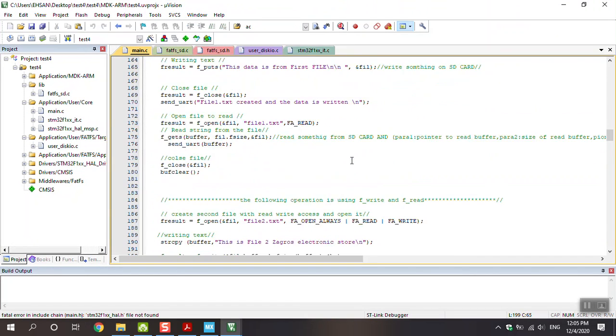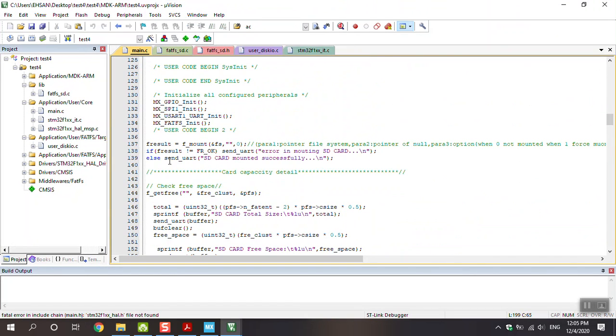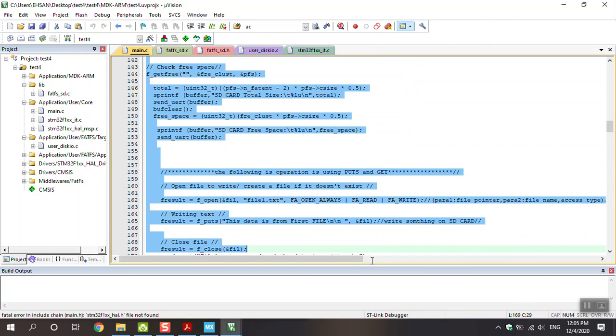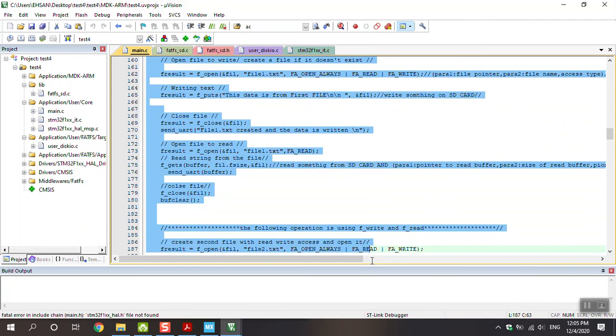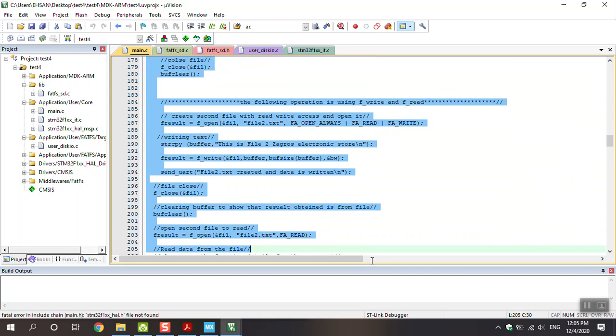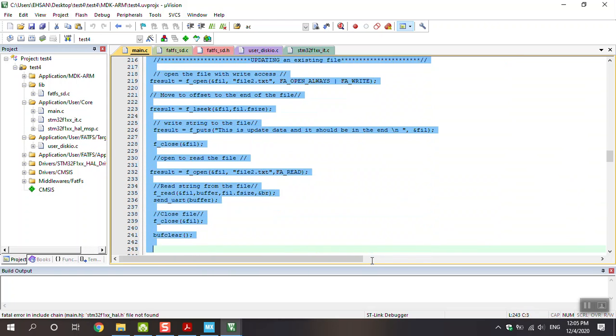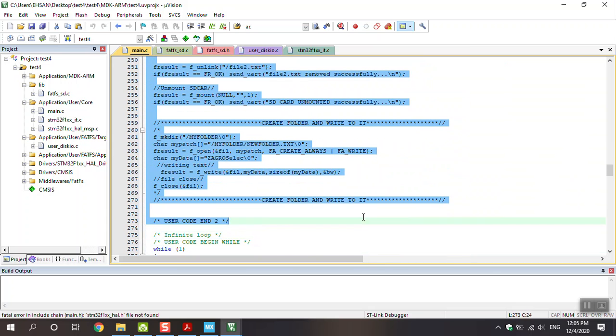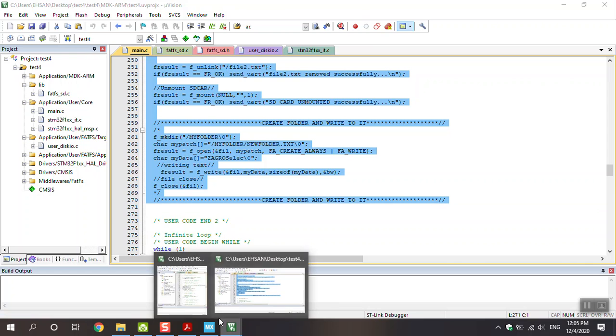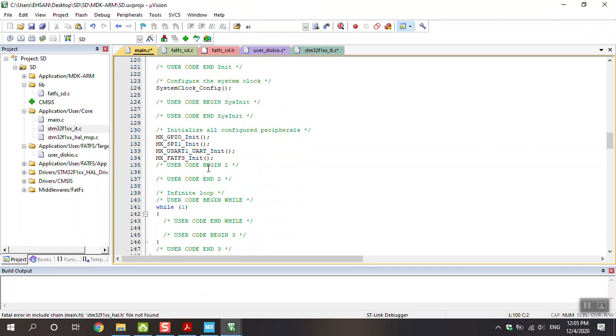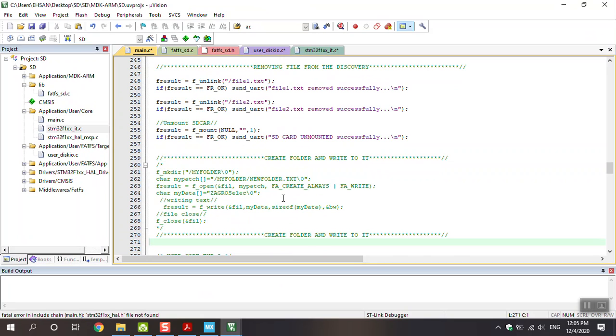Okay, let me copy this code, under here, and paste in here, begin 2. Okay,